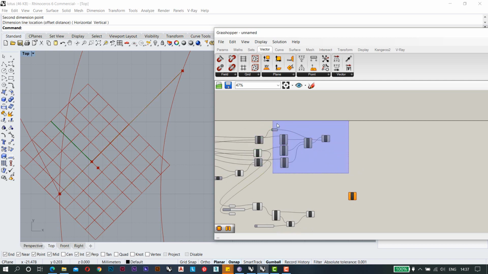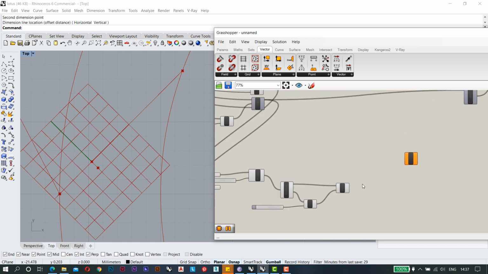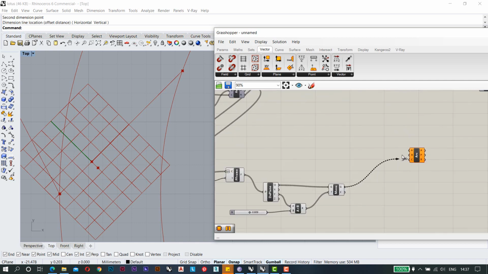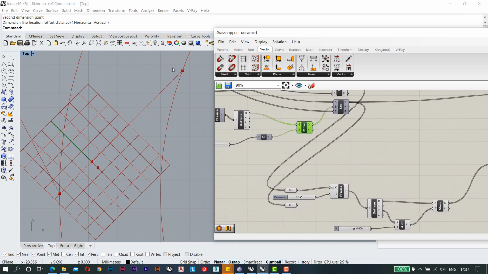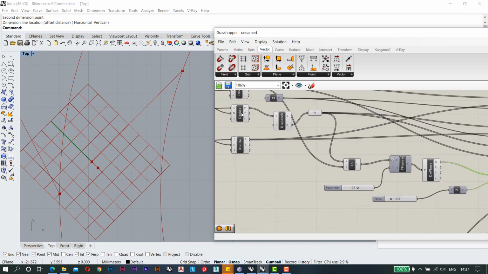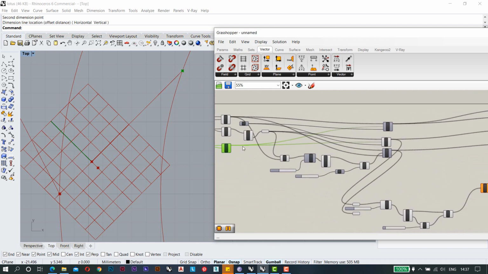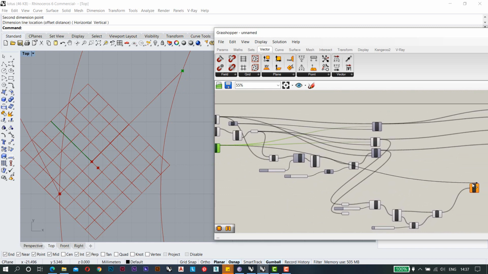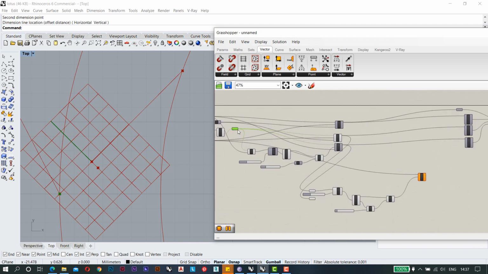I'm just making this thing a little away. Here this is our center point, so it is here, and now we need to find out this point. With that we will get from these circles. So basically we have these points. This is my starting point, so I'm going to connect this one with this one, and now we need the third point, which is this one. This will come from these points. So again I will connect this point to this point.